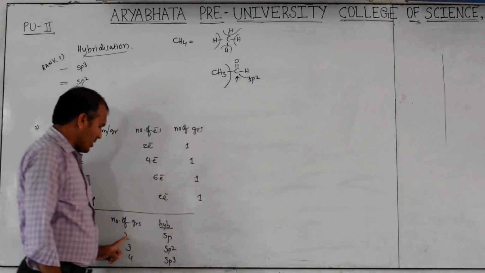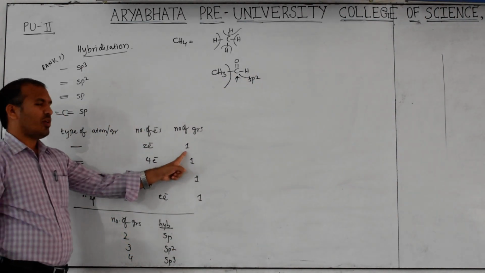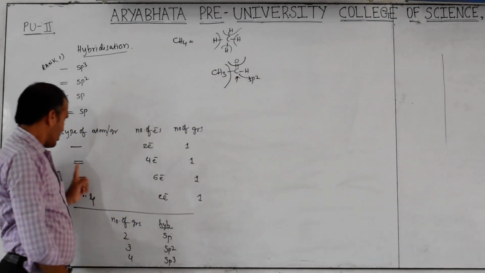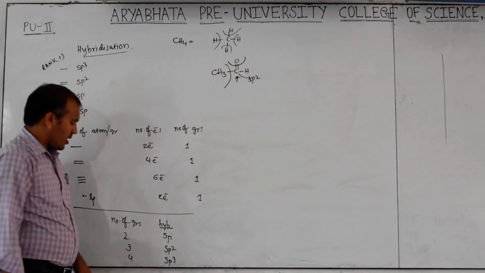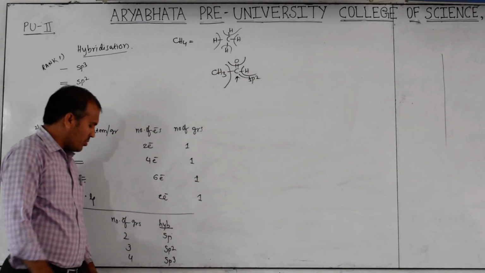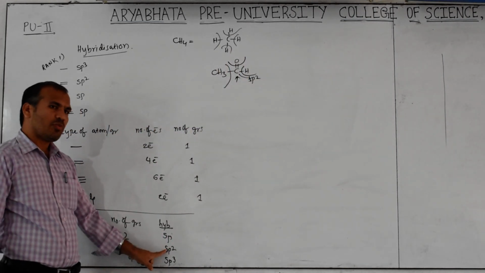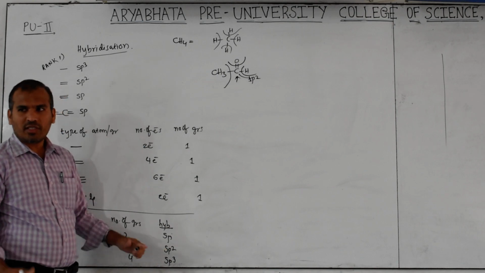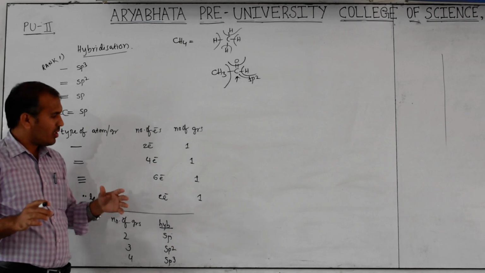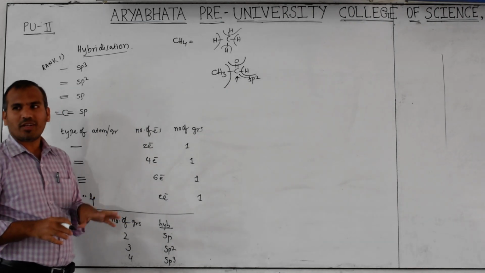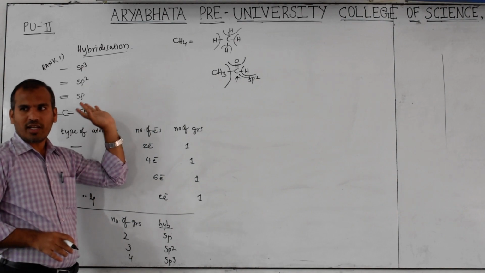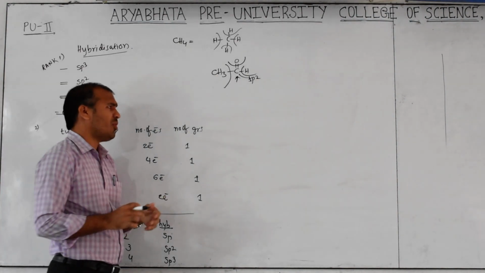A single bond is considered as one group. The double bond is also considered as one group. The next single bond is also considered as one group. Total how many groups? 3 groups are there, which means sp2. Whichever is easy for you, you can choose. These are not separate tricks. These are already present in your textbook, but this is the simplest form of representation. Is this clear? Now you can take any one molecule.